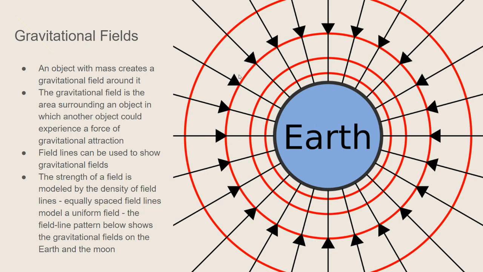You got to be like moon sized almost to really start to have that gravitational field. So the gravitational field is the area surrounding an object in which another object could experience a force of gravitational attraction. The reason we can stand on Earth is because of its gravitational field. You go to the moon and your weight is 6 times less because the gravitational field is 6 times less than that of here on Earth, which is why the astronauts kind of bounce a little bit. They still come down back to the moon because there is still gravity on the moon. It's just a lot less.